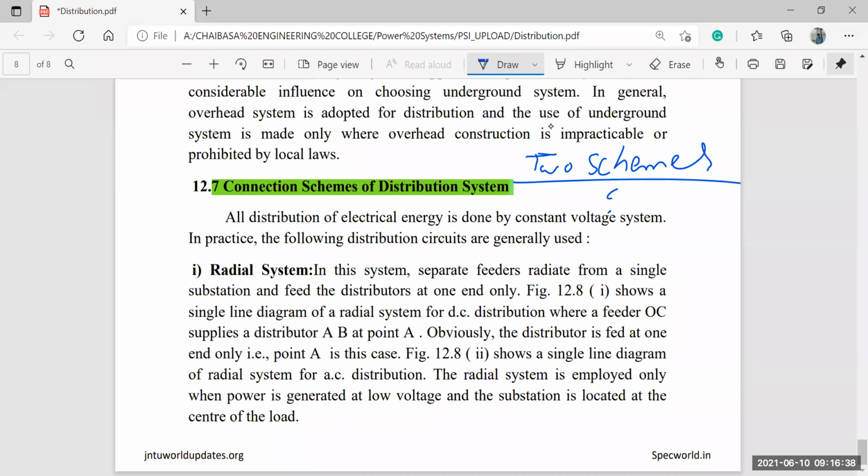Two schemes. Tell me. One is over here only, it has been given. That is your radial system, and another is your